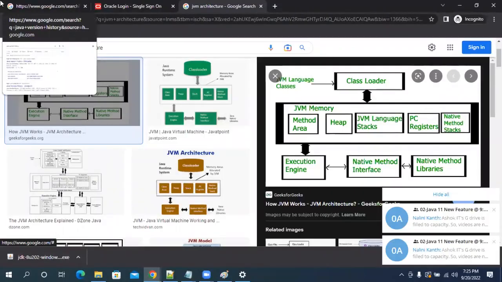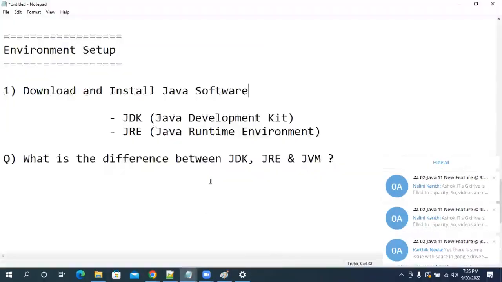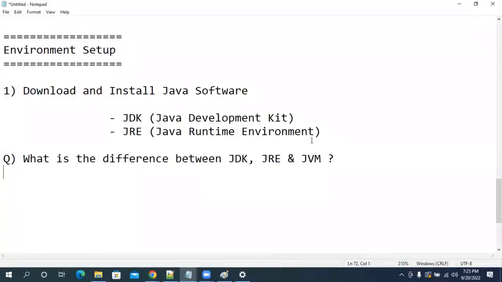That also will come. Compiler, interpreter, assembler. There are three components available in the translators, I'm going to explain that. Yes, both are available. Interpreter is available and compiler is also available in Java. We will come to that as well. Okay. Good. Yes, guys, you need to ask some questions like that.